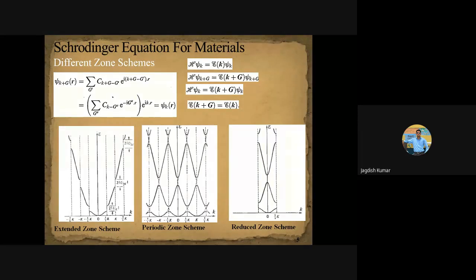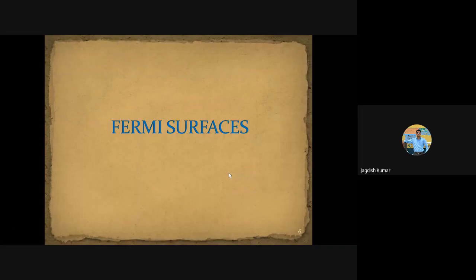Okay, fine. Is there any further question? Well, if there is no question, let's have a quick overview. This topic is to be covered somewhere else as well, but because this is related to our Brillouin zone folding and reciprocal lattice, I thought of keeping these slides here so that you can understand the concept of reciprocal lattice and zone folding in a better way. More examples will make things clearer. So we will be talking about Fermi surfaces.